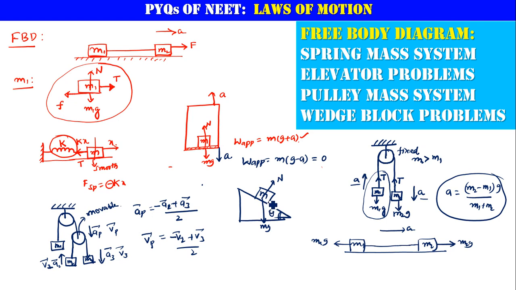Here this mg is neither along the plane nor perpendicular to the plane. That's why in most cases we consider the components of mg, one along the plane, the other perpendicular to the plane. Now if this is theta, this will also be theta. Sorry, just a minute. This is theta, this will be theta, this will be 90 minus theta, and this will be theta now.